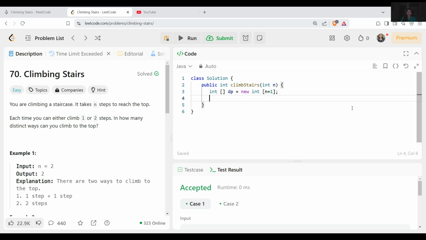Now I have to fill the default value here. So I will use Arrays.fill, and inside this we'll keep dp, and we'll put the default value as -1 here. It will basically indicate that the calculation is not yet done.